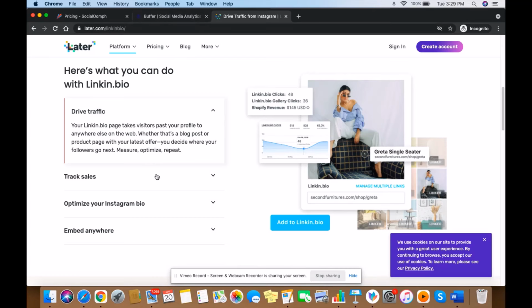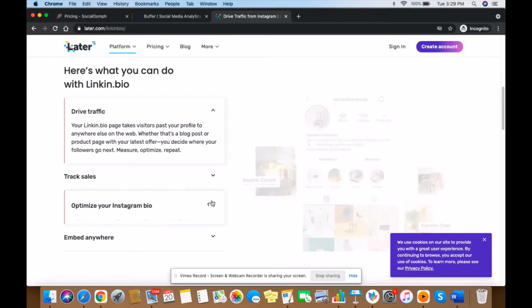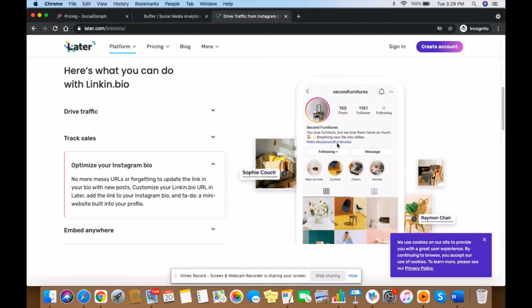You can track sales, and you can add this link in your bio. People who check your Instagram profile will go directly to your link, and if they really like your product, they will go ahead and purchase. So a sale happens inside your Instagram profile, which is a really cool feature.